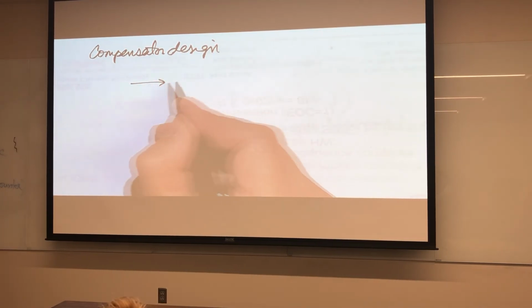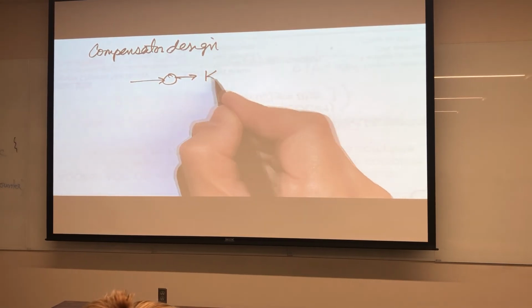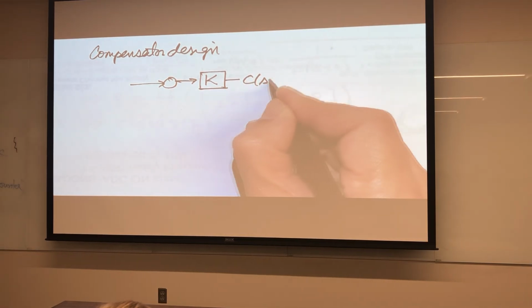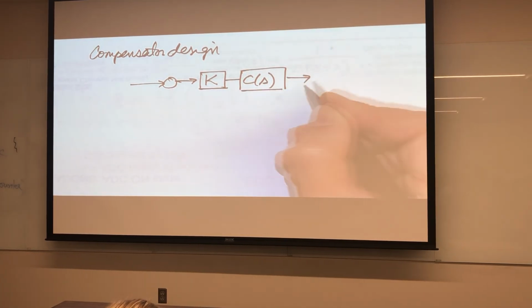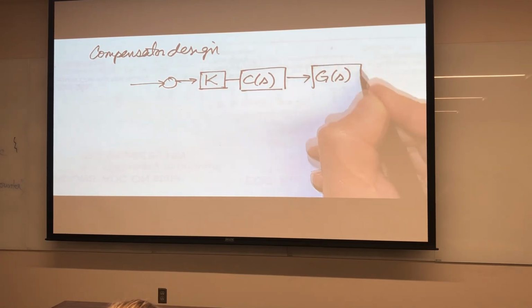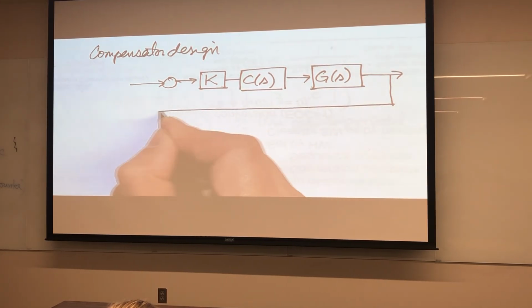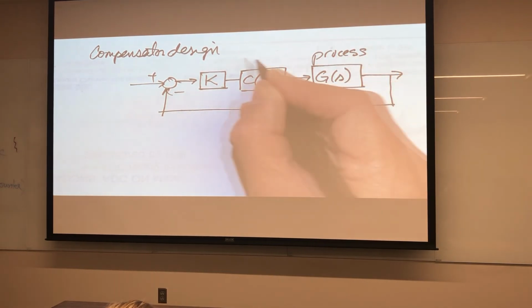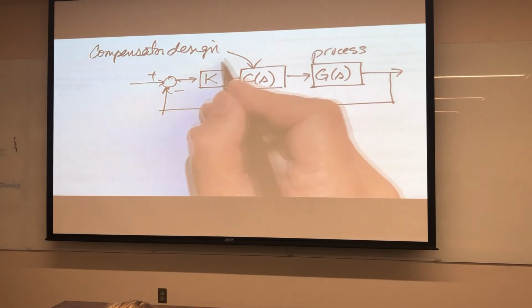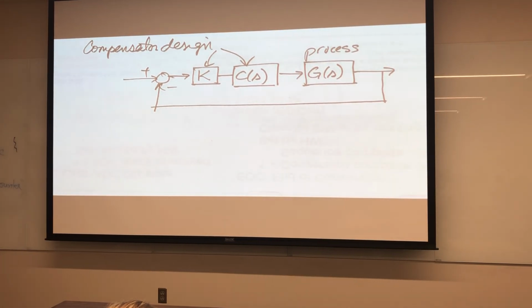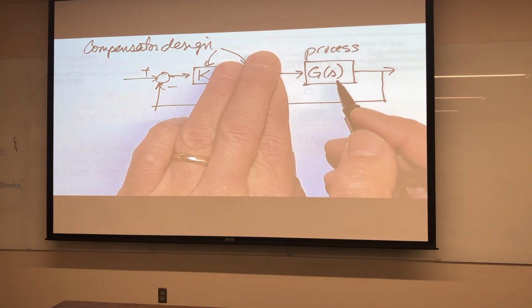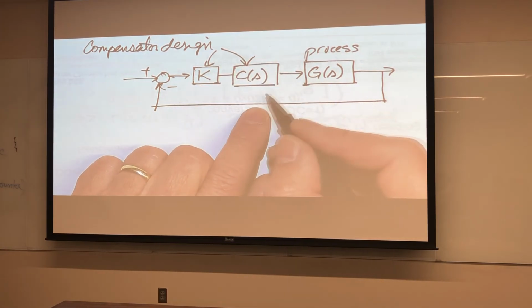And so what we're going to have is we still have this gain k that can be adjusted, but now we're going to add a compensator here. And here's our process. We're going to design this and adjust this. So we're going to initially start off with just this picture, using only this because there is no compensator. But then we're going to add a compensator, and so then the new open loop,